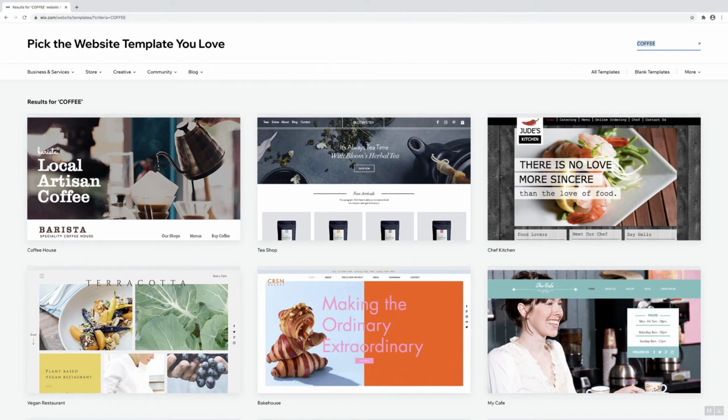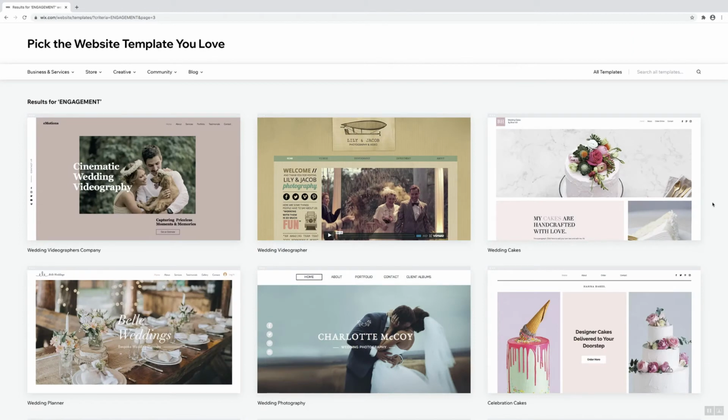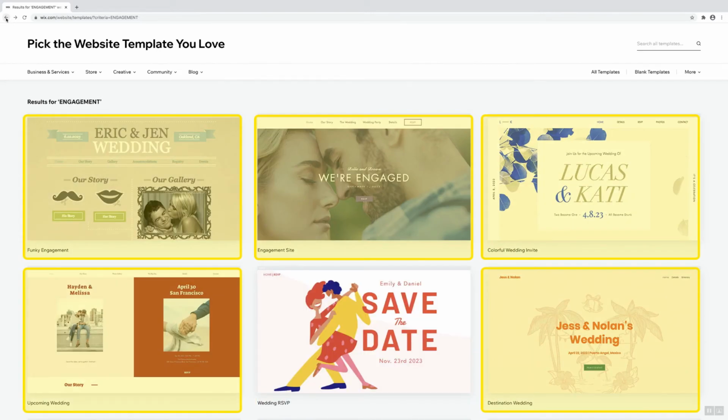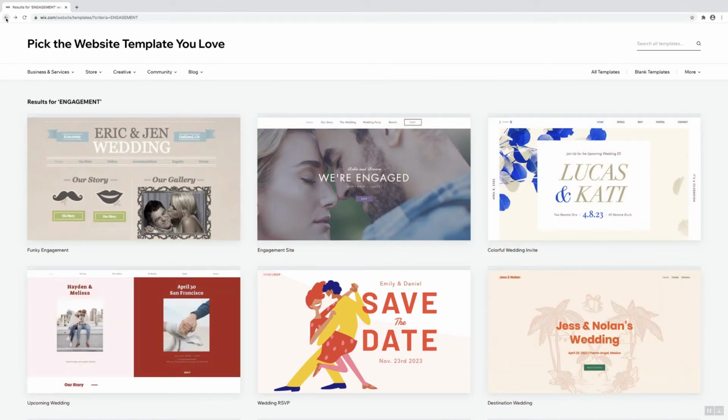At this point, what you're looking for is inspiration, as the standard step-by-step system that I shared with you earlier didn't work for you. One thing to know about using search to find templates is that the search results can be mixed and include a range of different types of websites for your search term. What I mean by that is that if you search for, say, engagement, the templates that appear will be for a range of different end users. For example, wedding planners, professional photographers, event caterers, as well as the personal wedding websites, which we were looking for. Any search term will mean different things depending on who you are and what you want. But you can use any template and customize it to your needs.